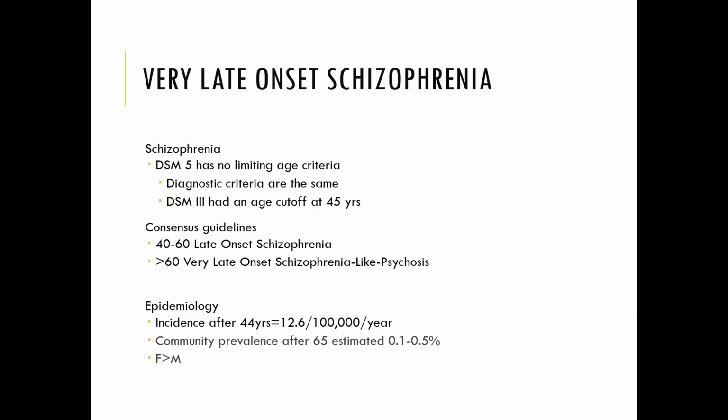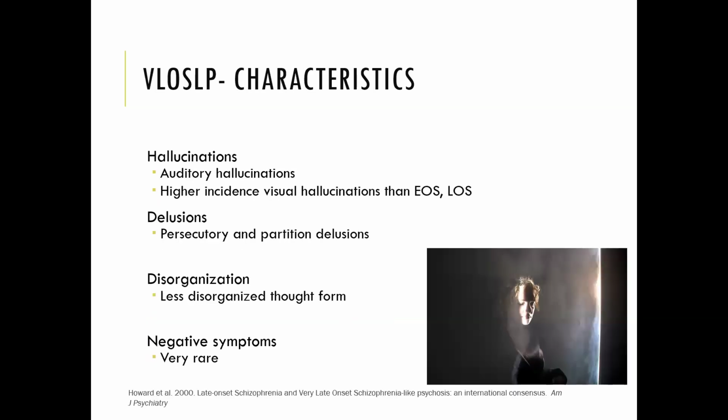There's a predominance of females to males, rather, more frequent. Some of the characteristics: auditory hallucinations are common. When you compare to early onset or late onset schizophrenia, there is a high incidence of visual hallucinations in this very late group. The most common delusions are persecutory delusions and partition delusions, which is a belief that there's a permeability to things that are solid. So people coming in through walls, ceilings, somehow getting through a window,